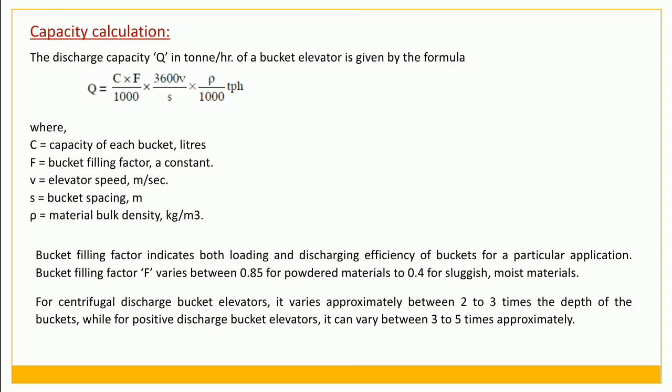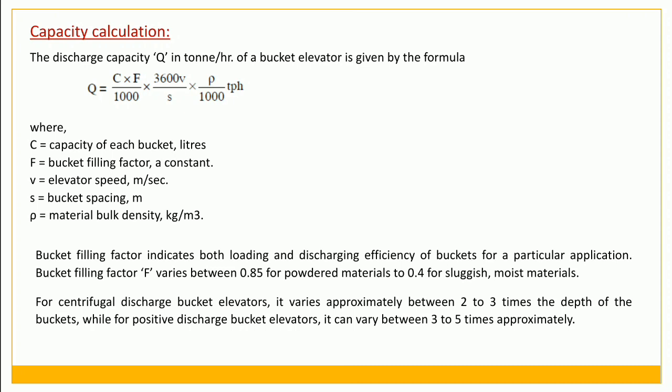And the selection of the bucket is basically based on the discharging method and the materials to be conveyed. Now the most important thing you need to find out is the capacity calculation for a bucket in case of a bucket elevator. You need to find out the discharge capacity in tons per hour, which is given by this formula: Q equal to C f by 1000 into 3600 v by s into rho by 1000